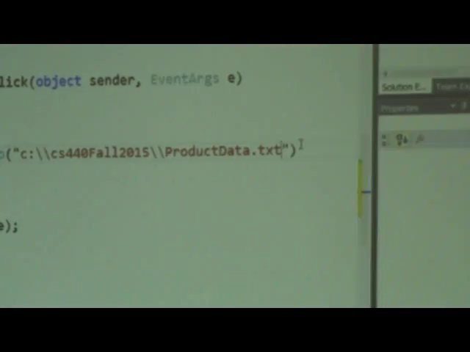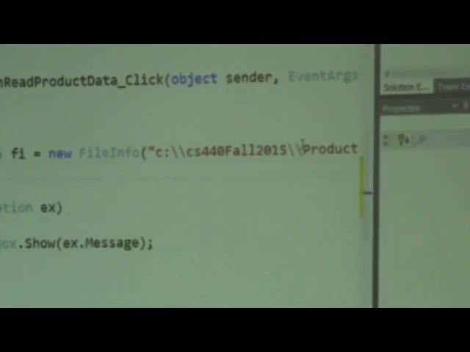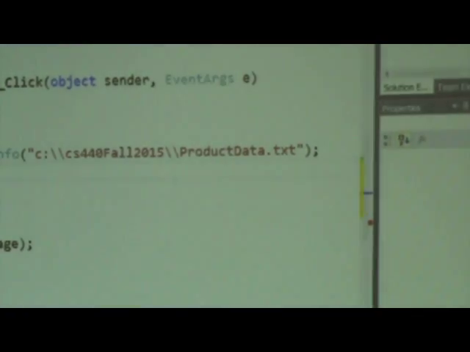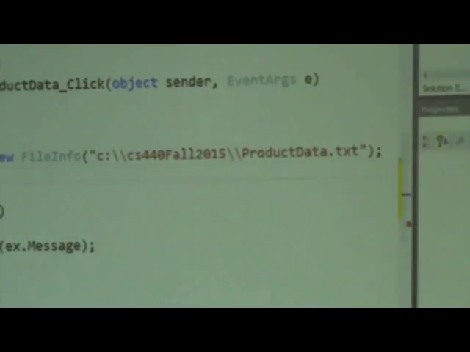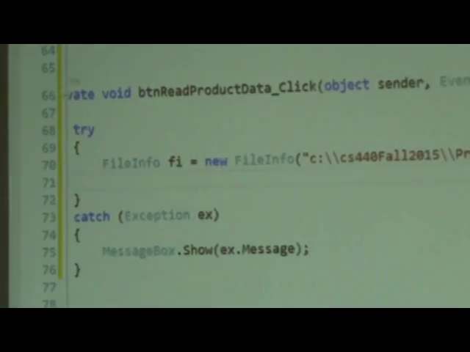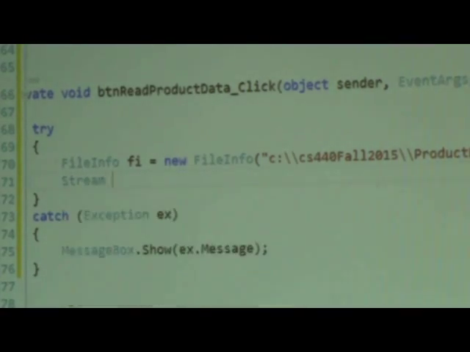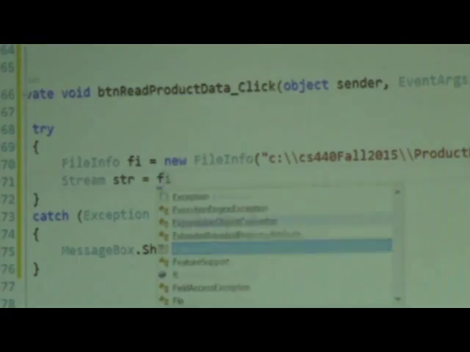It's case insensitive, right? So even if I type lowercase, uppercase for the file name, it will still work. Okay. So anyway, now as we discussed, we will try to associate a stream object with it. So Stream str equal to fi dot